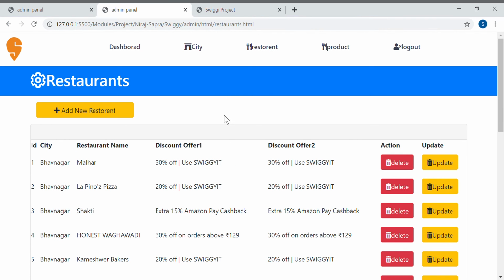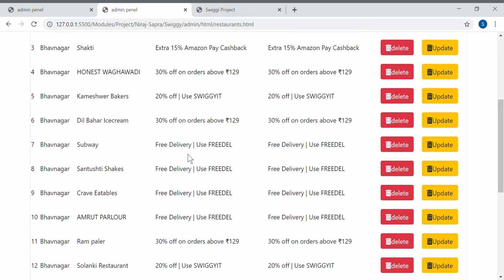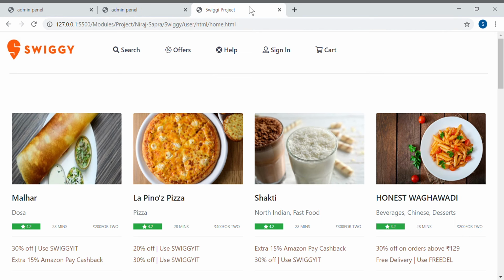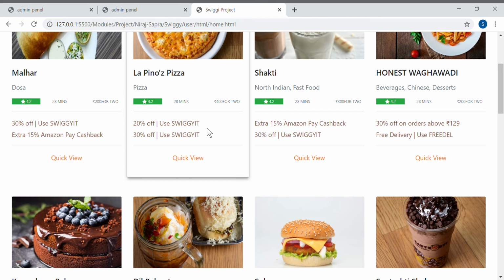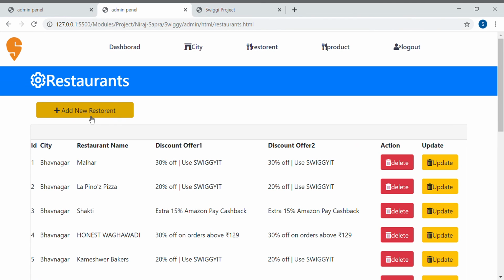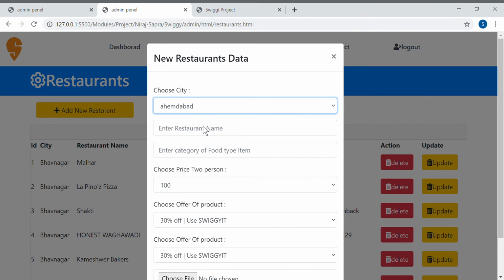So we can go to the admin restaurant module. Here we can add all the data of the restaurant: restaurant name, id, restaurant cities, and what offer can be applied, right? So here we can add a new restaurant. First we choose a city. The city is applied and added automatically, so the admin only needs to choose, not write, the city here. So I can choose New Pune, and enter my restaurant as Malhar, New Malhar, right?